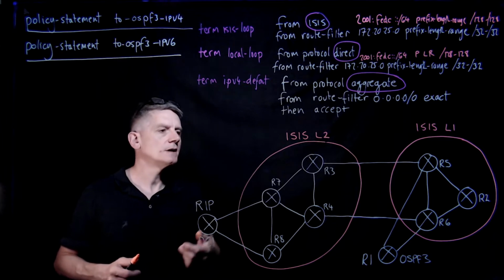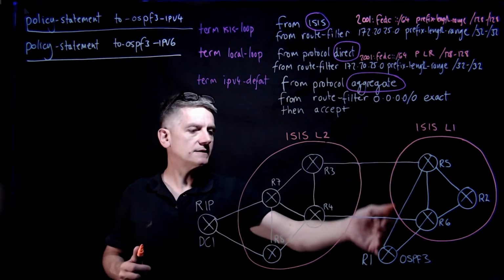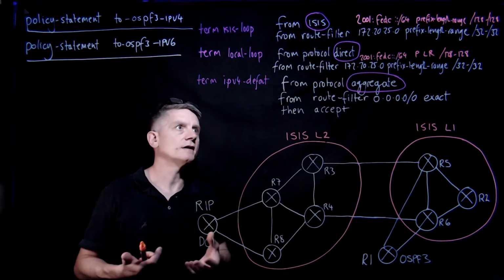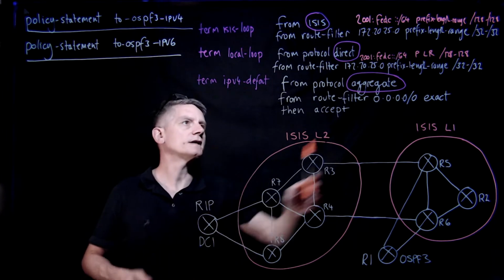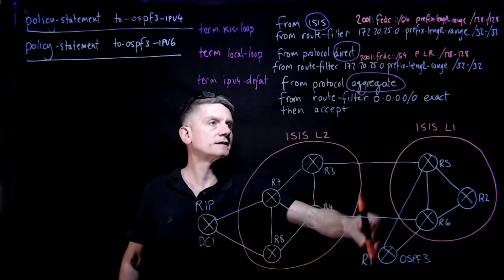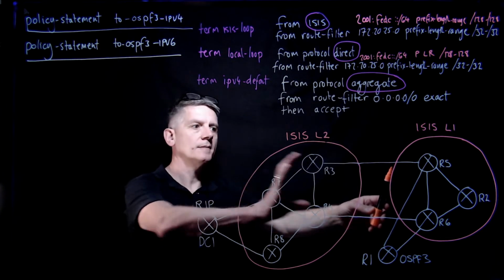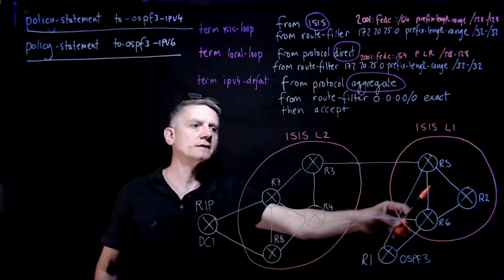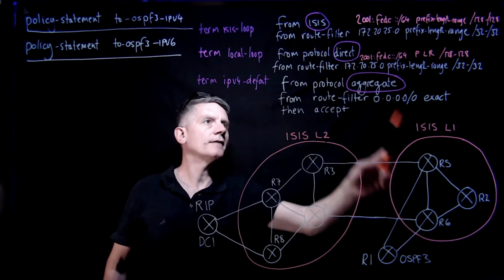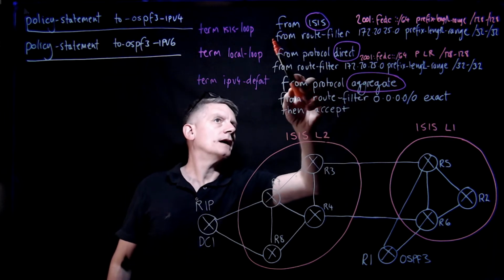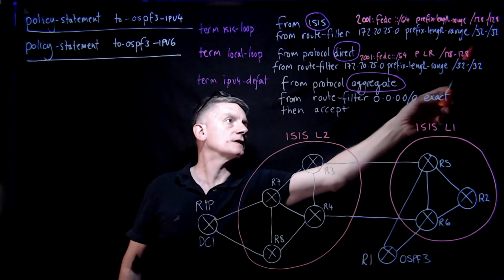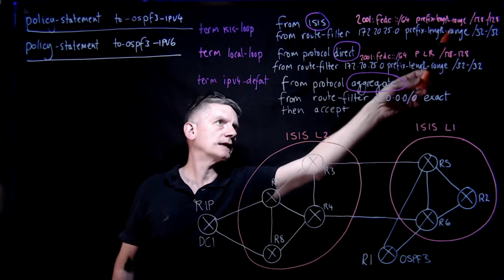The first term is simply going to be the ISIS into the OSPF version 3, which is the main term. And you can see here that what we've done is we only really want the loopbacks to be coming in. The RIP externals won't be, but of course router 2's loopback is an external because that's popping in here. So from ISIS, we've got a route filter here that grabs the loopbacks with /32s and /128s for the IP